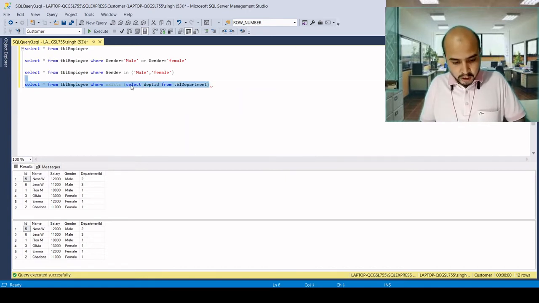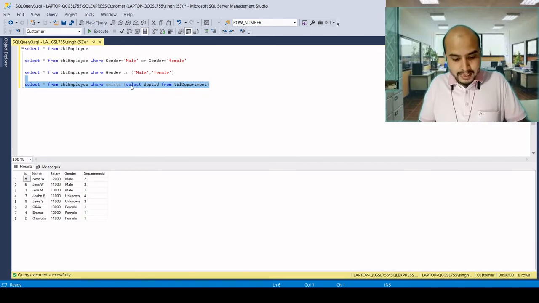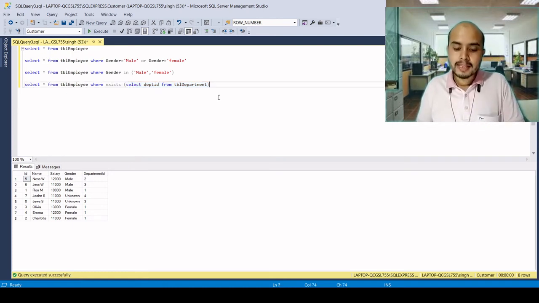Here it will check whether the value exists in the first row or not. If the value exists in the first row, it will give us the result true. If there is no record in the table, it will not give you the result.